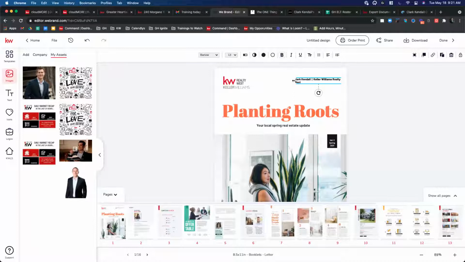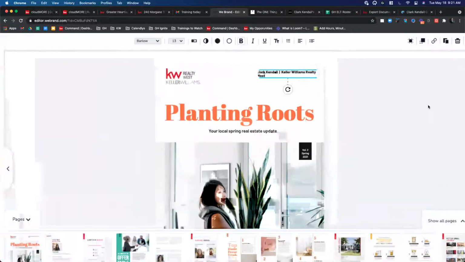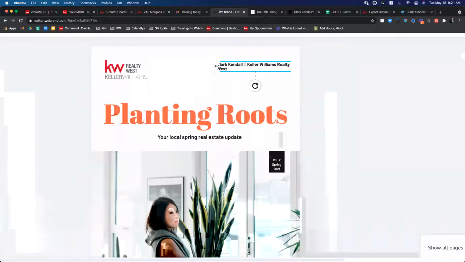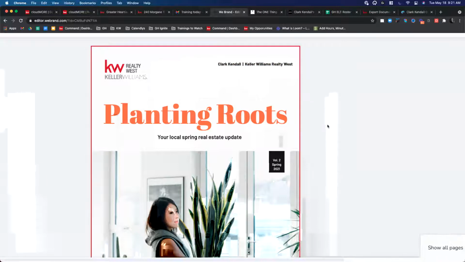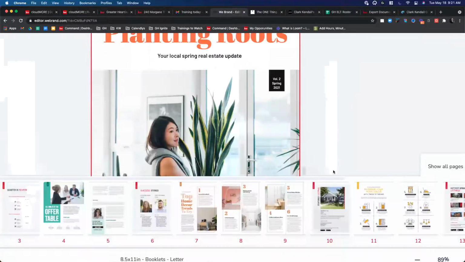Well, no problem. You do have this ability to resize, I'll zoom in here. If I did this, it would actually resize the whole text itself. So what we're really looking to do with these little sidebars here is lengthen it to where you can get Keller Williams Realty West all on one line there. So you can alter these fairly easily.